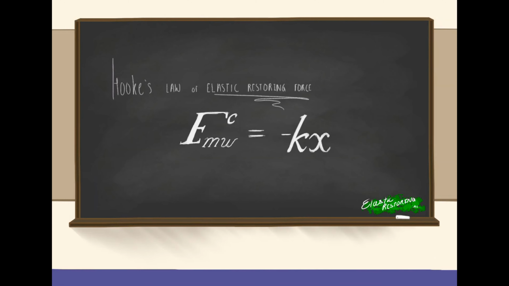This means that if you choose the origin as being x equals 0, then compressing the spring would correspond to a negative x, which essentially means it's displacing the spring to the left, and stretching the spring would correspond to a positive x, which is stretching the spring to the right. In that sense, by extending the spring, a positive delta x creates a negative force, which is negative 1 times delta x, and that acts to restore the spring to equilibrium. And that's basically saying pulling back on the spring extension. And by compressing the spring, you would have a negative delta x multiplied by negative 1 times delta x, which creates a positive force that effectively restores the spring to equilibrium, proving F to be equal to negative k delta x.